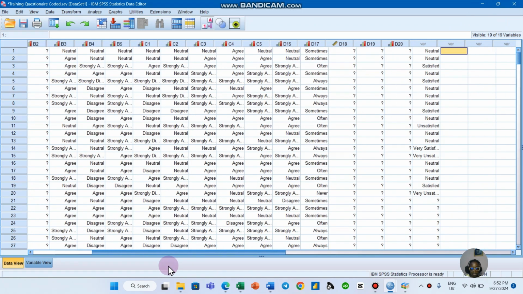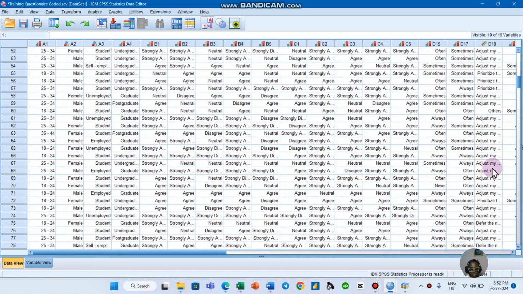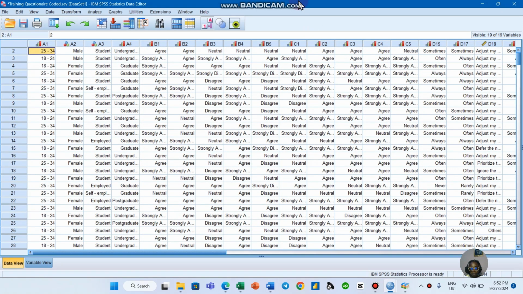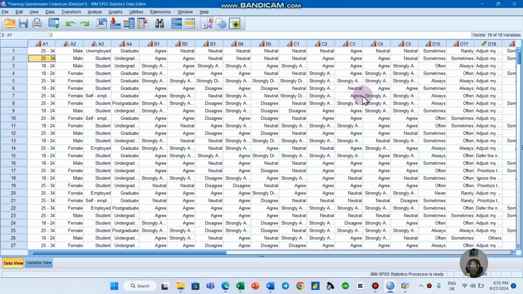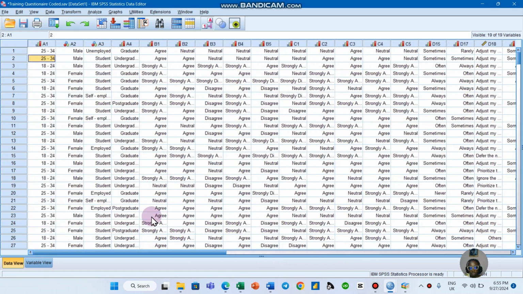So now this is our data. Our data is in SPSS already, and then we can go on with the analysis. So we already have our data, and then we can actually jump into our analysis, but it really doesn't work